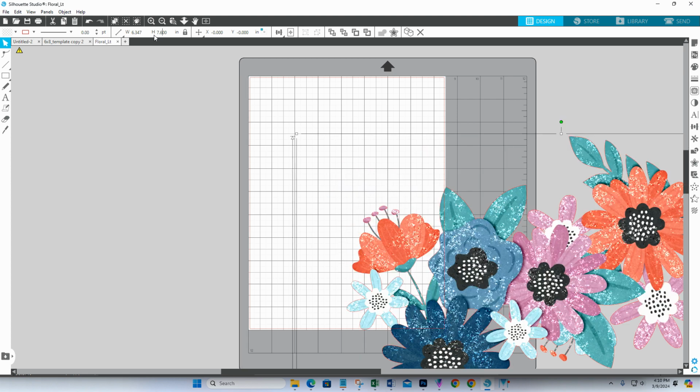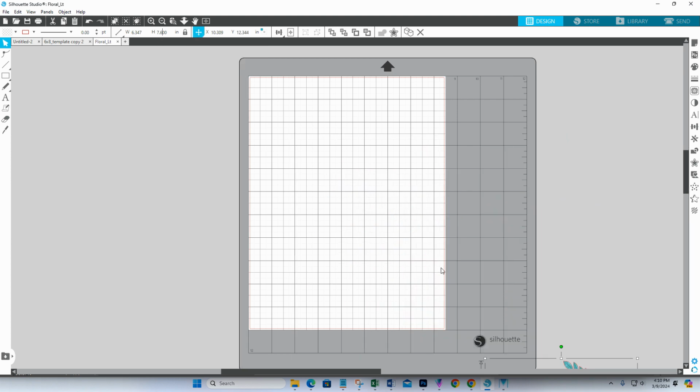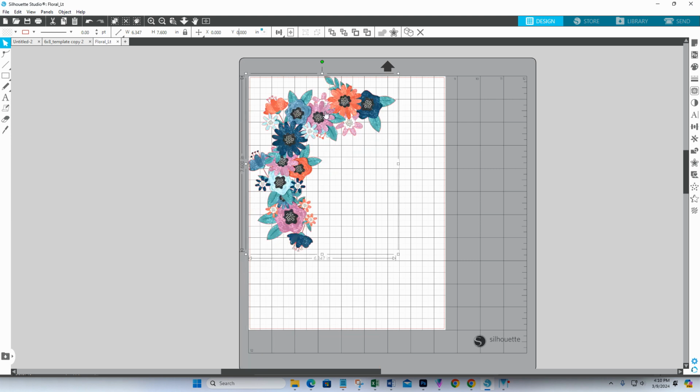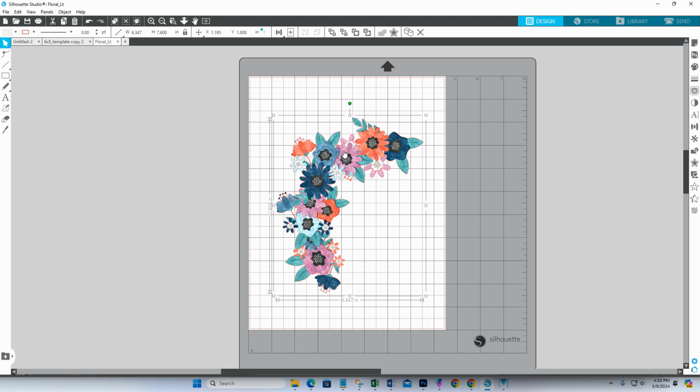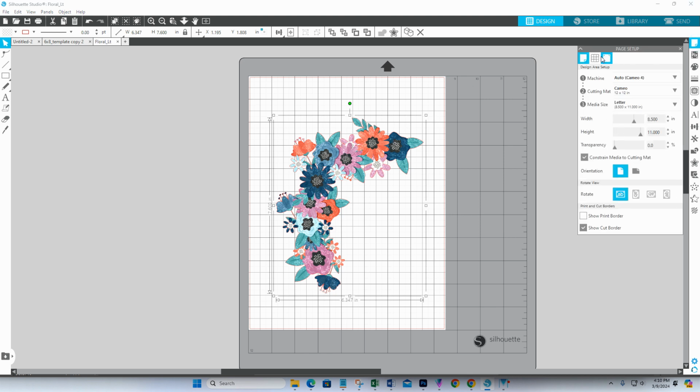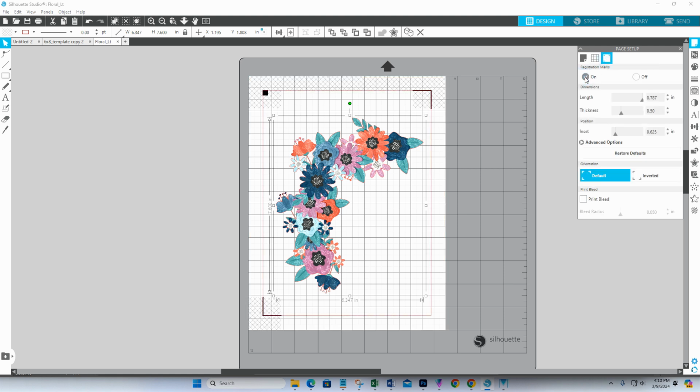And I'm going to hit enter. And it sort of disappears off of the screen. So we can go and set X at 0 and Y at 0. And now you have your half of your wreath here on the canvas for you to print. Go ahead and turn on your registration marks, and you can print that out. Print that out on your clear sticker paper first, and then run it through your Silhouette to cut just the